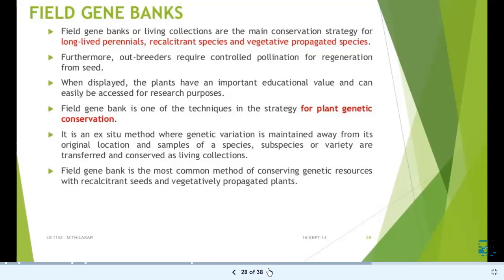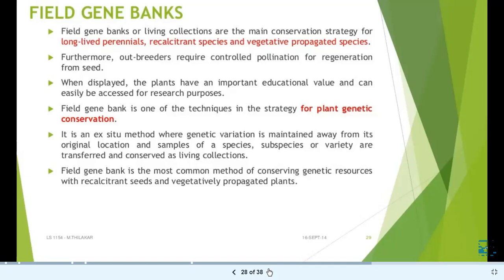Further, outbreeders require controlled pollination for regeneration from these seeds. These plants have an important educational value and can easily be accessed for research purposes. So field gene bank is one of the techniques or methods